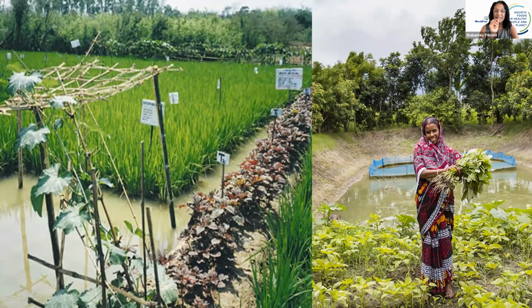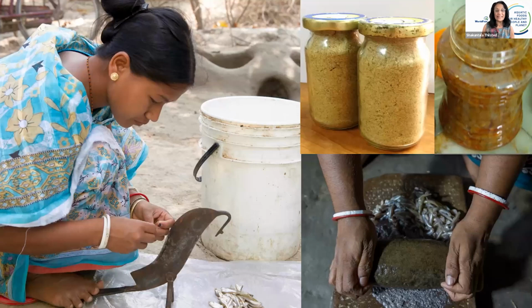And at the beginning, I'd like to say that these are nutrition-sensitive aquatic food systems. We've also moved it to other parts of the world, for example, countries in Africa, other Asian countries, and, for example, Timor-Leste in the Pacific. So the first thing that I want to talk about is diversified production systems. Beginning with aquatic food systems, we begin in Bangladesh and in other countries with the household aquatic food systems,